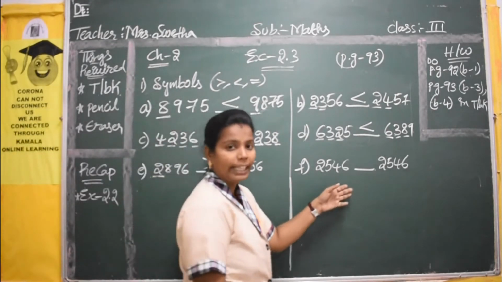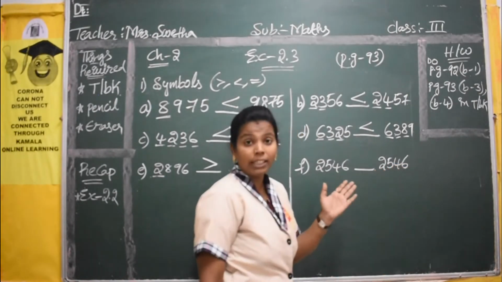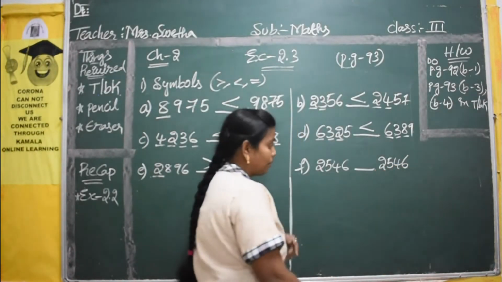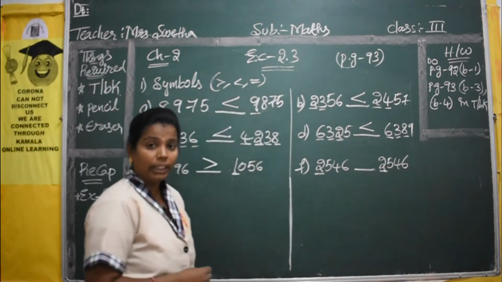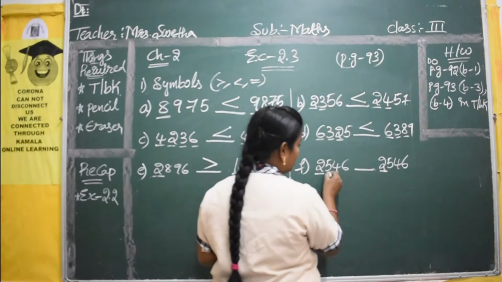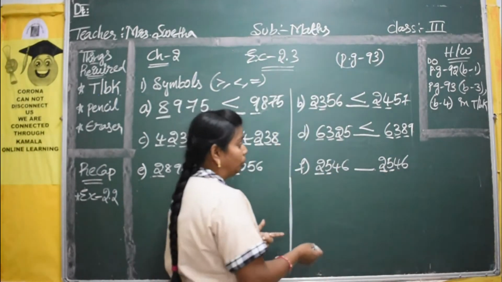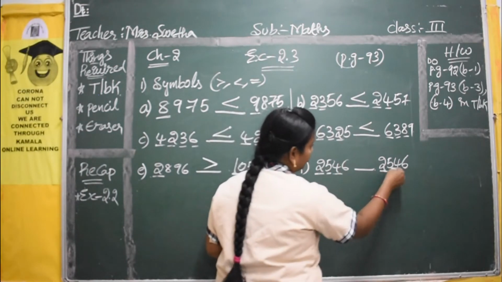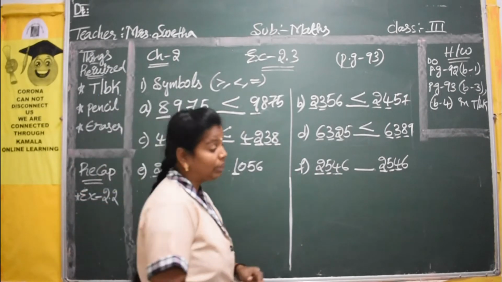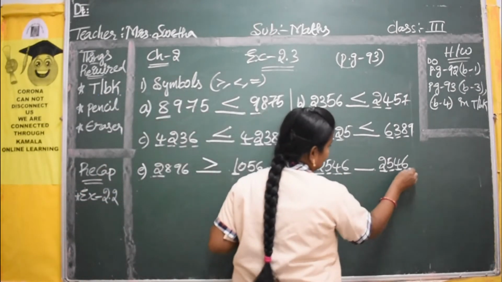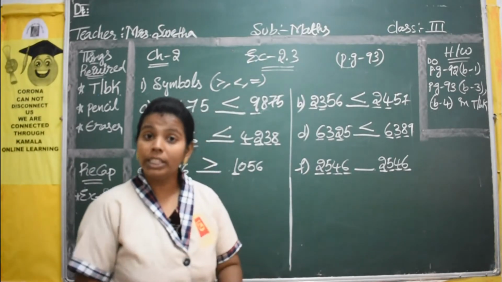Now we will move on to the next one. See here 1, 2, 3, 4. So both the sides you have same numbers. Yes. So check by individual number 2, 2. So it is difficult to find. So go to next digit 5, 5. So again you have same number. Go to next number 4, 4. See again you got same number 4 and 4. We cannot find which is bigger. So 6, 6. Again you got same number. From this also we cannot find which is the bigger one.